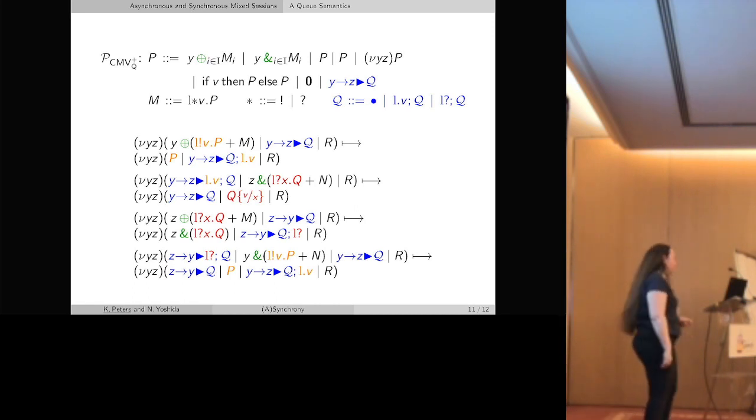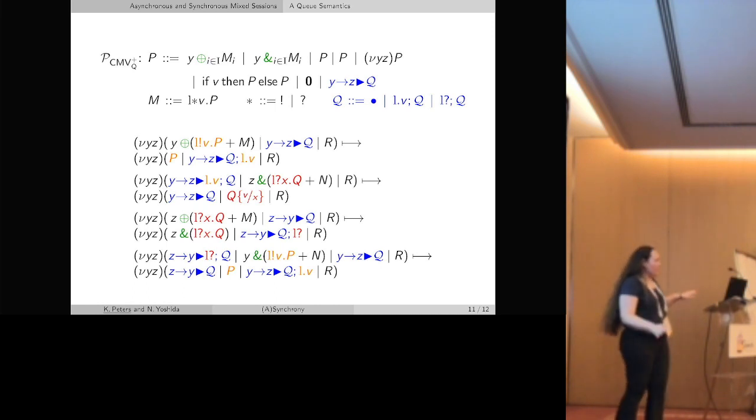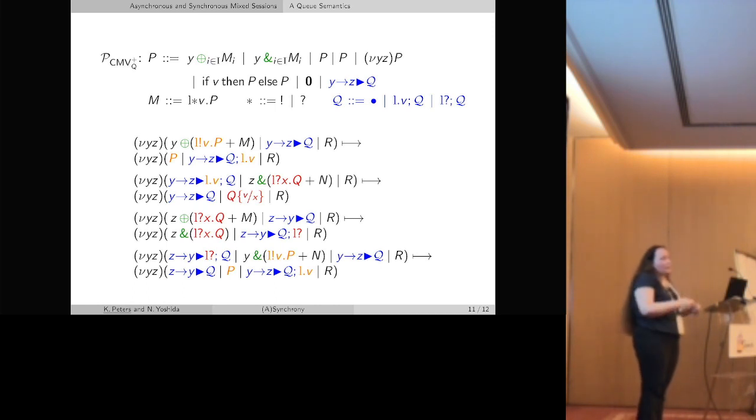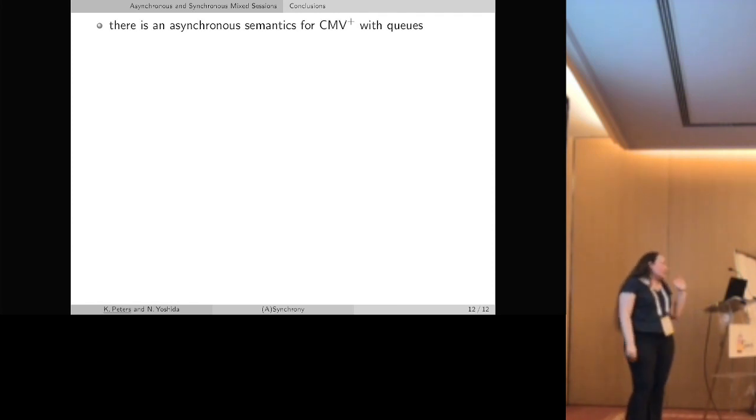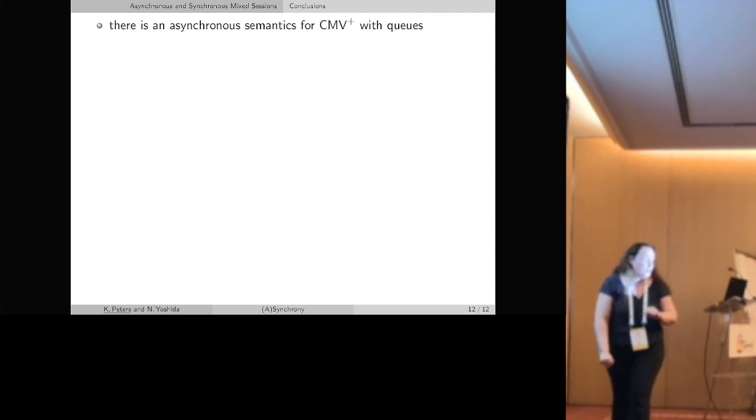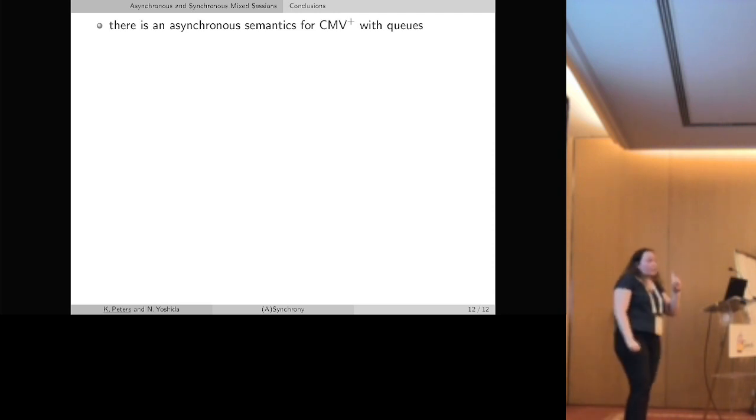That's the idea. Okay, we did not prove that completely, but we are pretty sure that it is working like that. Maybe you have to do some small adaptations, but yeah, we are pretty sure that it's working like that. So what do we have? It's the last slide. There's an asynchronous semantic for the mixed sessions with queues, which is, by the way, very